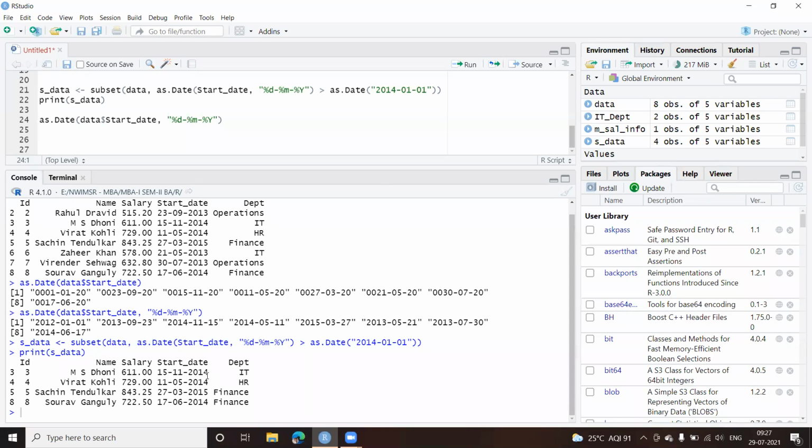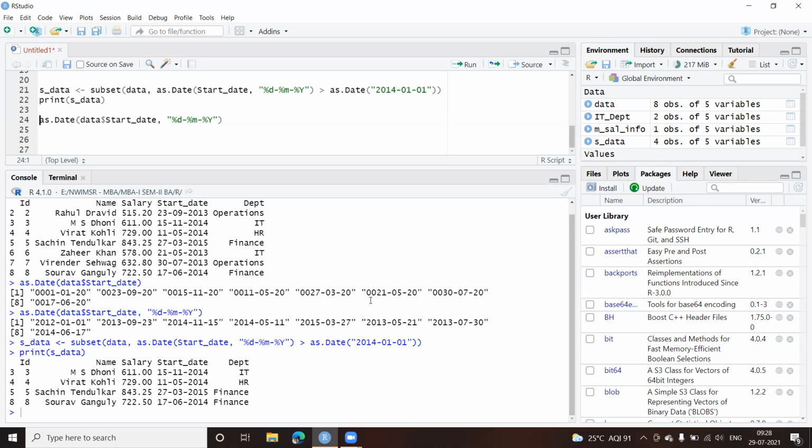Okay, so be careful. That's why I was telling you to be careful when you're handling dates. In fact, in any programming language, whenever you are handling dates, you have to be careful with what format it is. How we can convert that into a proper format and do the comparison, or whatever operation or calculation you want to perform on the date, you have to be very careful.